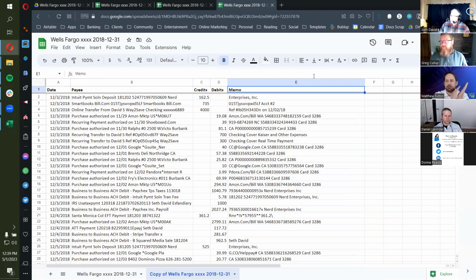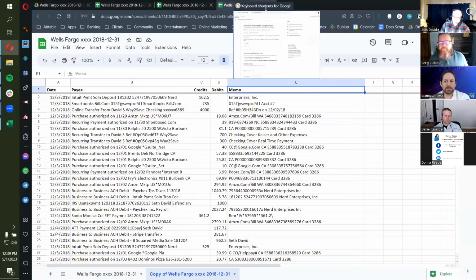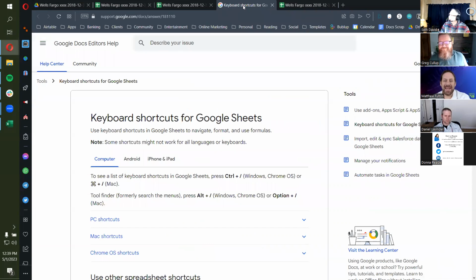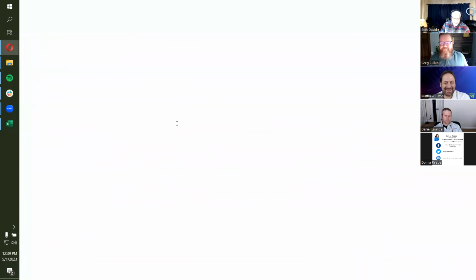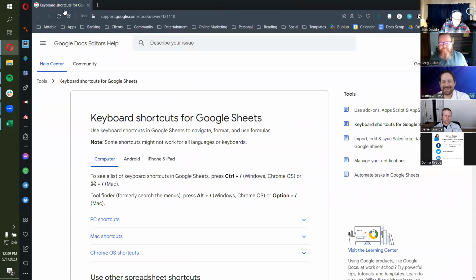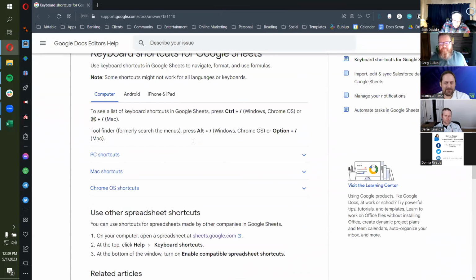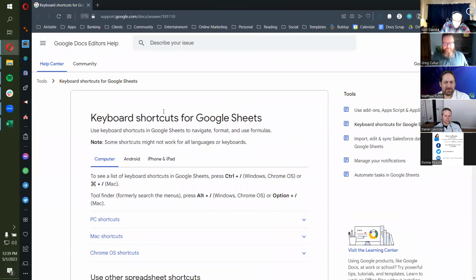I have the link in the write-up. I'll bring it up on screen real quick to show you, just for the doubters out there, so that you believe me that it is true and possible to do this, because we know about all the disinformation campaigns that are out there today. I didn't mean to do that. So keyboard shortcuts, right? And somewhere in here, it actually tells you where to go to turn them on.